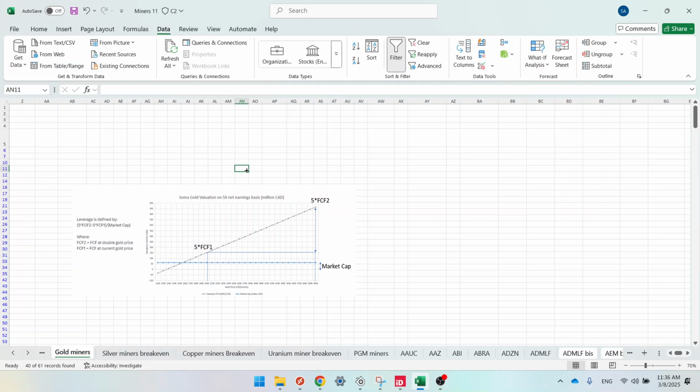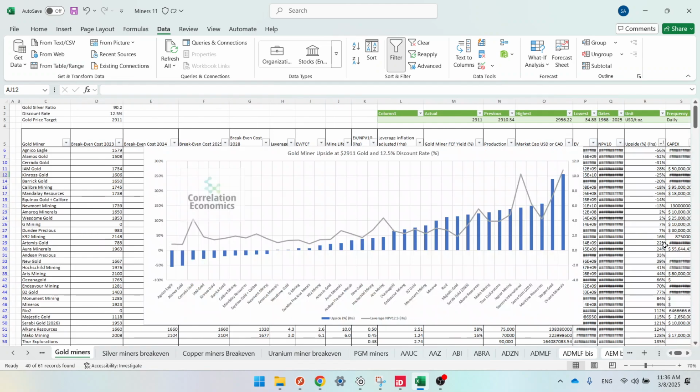However, it's not a complete definition of leverage because this only looks at the earnings and the market cap, right? It doesn't look at the mine life. It doesn't look at the growth. It doesn't look at the debt. It doesn't look at anything. It just looks at free cash flow and market cap. So this is not a complete leverage definition. So I want to go now to the real complete